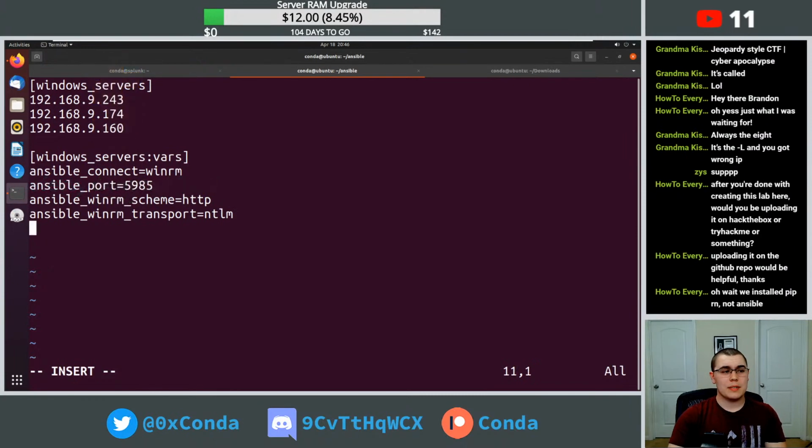Now there's other things that we can specify here, such as the Ansible user. So, we know for all of our Windows machines, they have a standardized username and password for the administrator. Now, typically you wouldn't want to run all your provisioning stuff as your domain admin. But in this case, that's what we're going to be doing for now. It's definitely not what you should be doing on real systems, but it will be just fine for us. So we'll do administrator. And then we also need the Ansible password, which is going to be